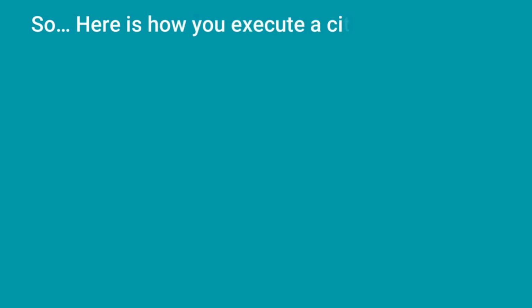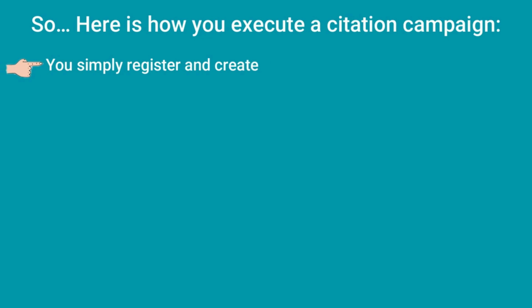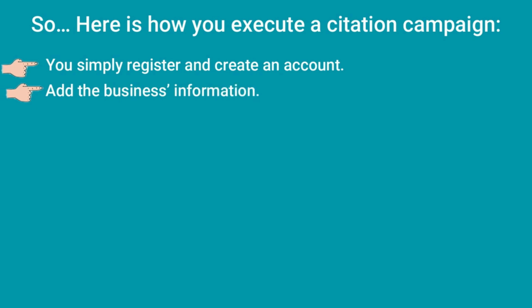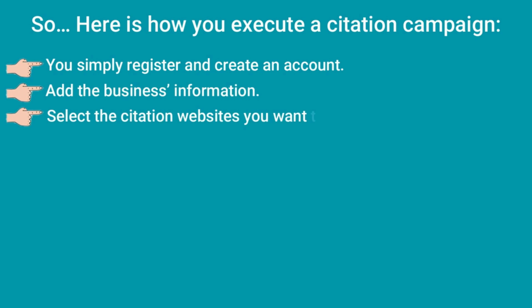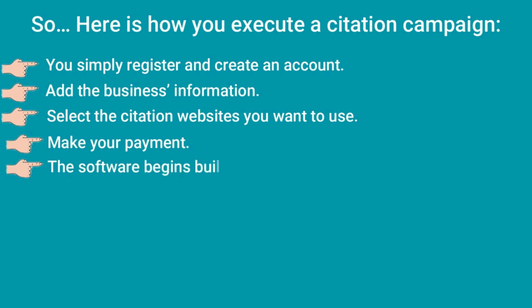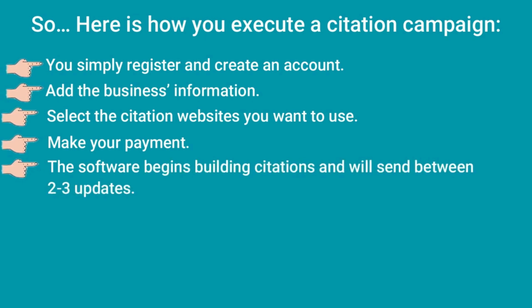we're going to tell you how to build the citation listings. So here's how you execute a citation campaign. You simply register and create an account. Easy enough. Add the business information. Select the citation websites you want to use. Make your payment. The software begins to soon build citations and will send between 2 and 3 updates in a